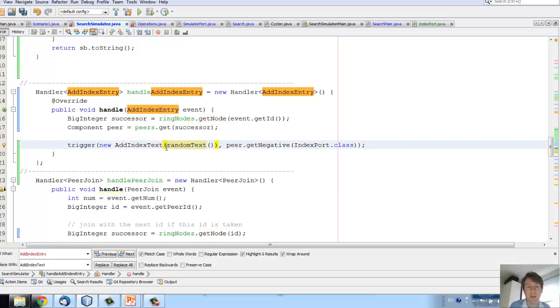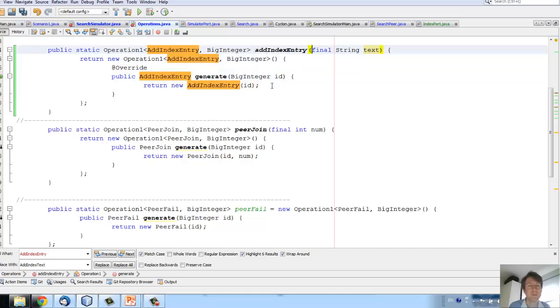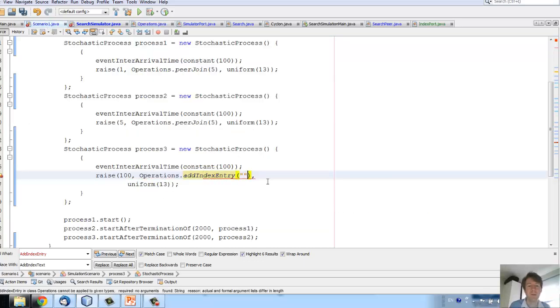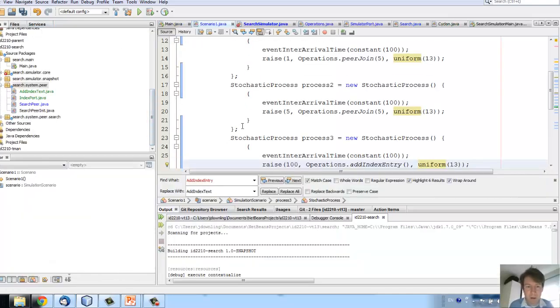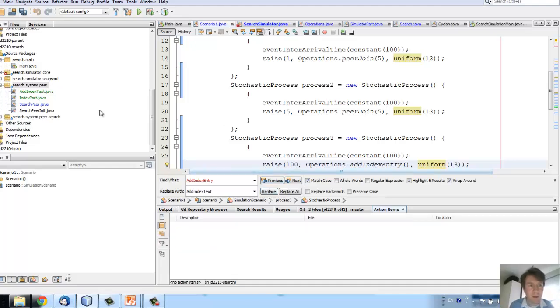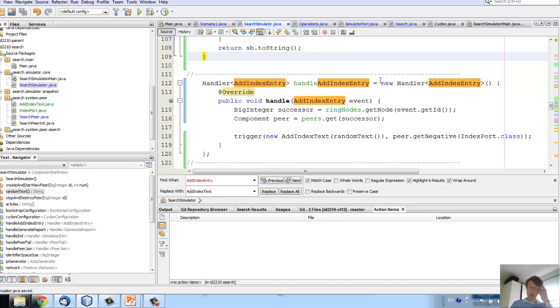Okay, up here in operations, it causes problems. So here where we create our add index entries, we don't need a string anymore. So this string we don't need. Now it's still showing red somewhere. Let's have a quick look. Shouldn't. I don't think so. Okay, this is NetBeans just acting up. So I just had to save it for the compiler to kick in. So now hopefully we have